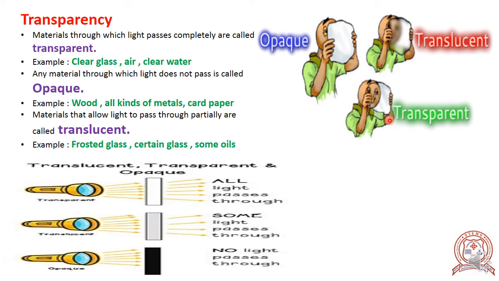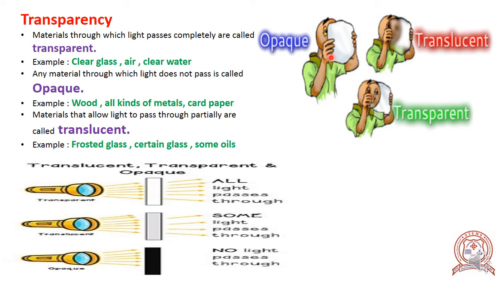Okay. Now materials like wood, metal, cardboard, etc. do not allow light to pass through them and they are called opaque. Here we cannot see the face because light does not pass through the opaque object. We cannot see through this material. Can you tell what is kept in a cardboard or a tin box without opening it? No, we cannot say.